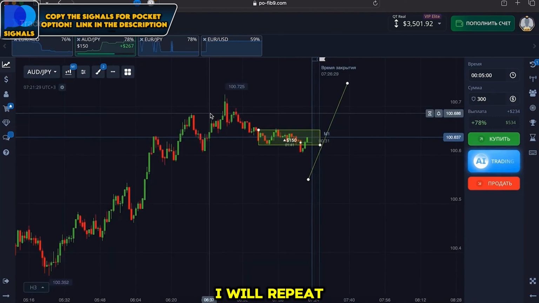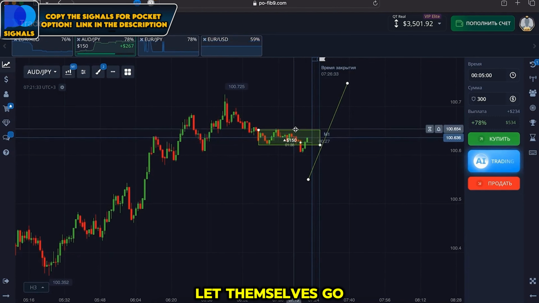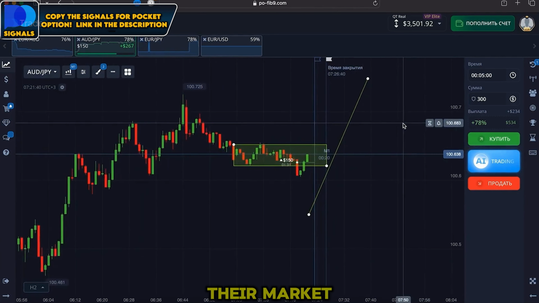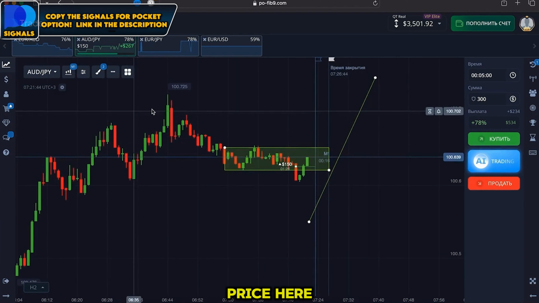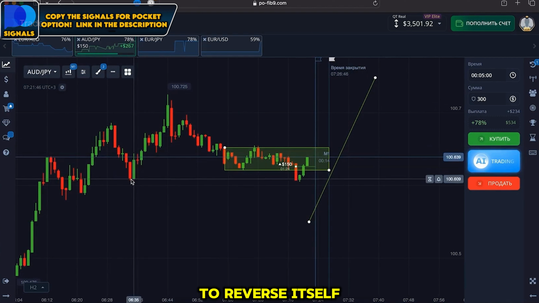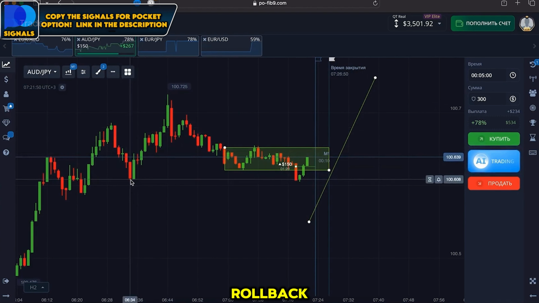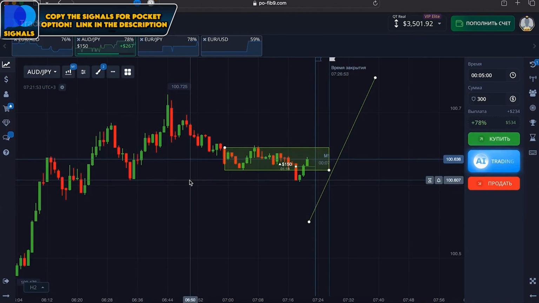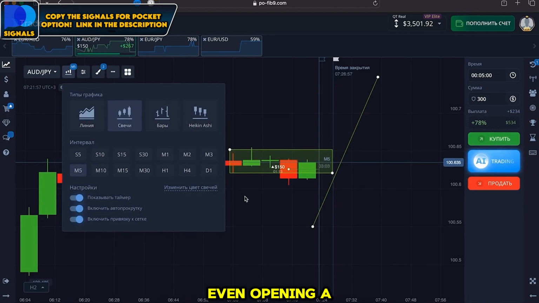The moment, as I will repeat once again, is when the price corrects itself. The bulls do not want to let themselves go, to put it simply. That is, the price does not want to go down, the bulls want to further enter their market, so here we have many more buyers. And the fact is that our price here is somehow starting to reverse itself. It breaks through this minimum there, which it left here after the rollback. The fact that it has come very close to it, and it seems that indeed, even opening a 5-minute interval,